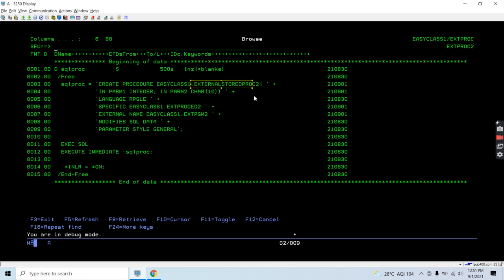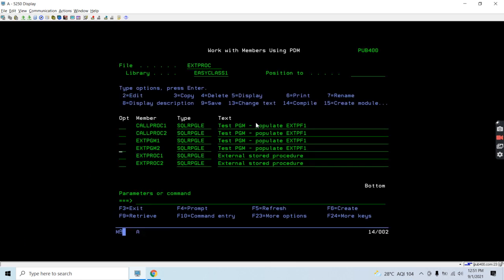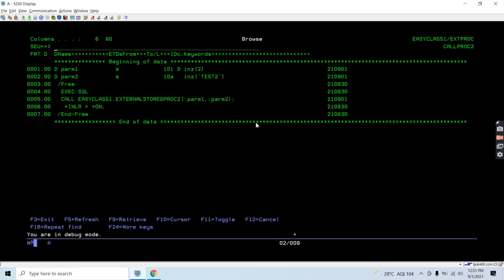So now we need to write an RPG program which calls this stored procedure. We have that available here, call prop2. So we have two variables, param1 and param2, which are of integer and character types respectively, and they are initialized with value 2 and test2.